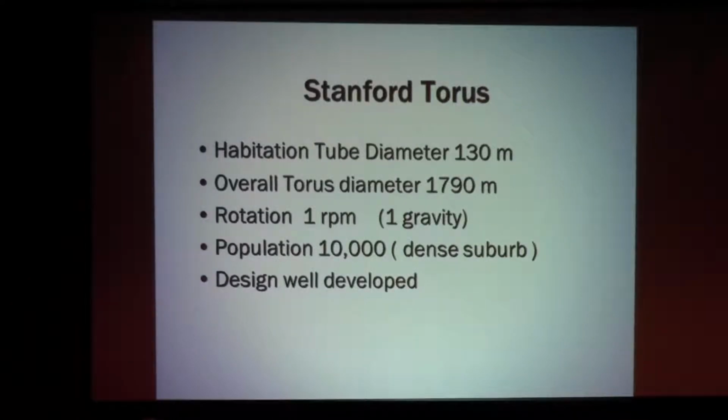Need to take a quick detour here. The Stanford Torus. This is a space settlement that was proposed three decades ago. And basically what you do is you take a habitation tube that's 130 meters in diameter, and you fold it into a torus that's 1.8 kilometers in diameter itself. You spin it up to 1 RPM, and you've got, at that point, 1 G within that habitation tube. And again, with space settlement, people seem to think that 1 RPM is about as fast as you want to rotate a settlement, certainly for long-term